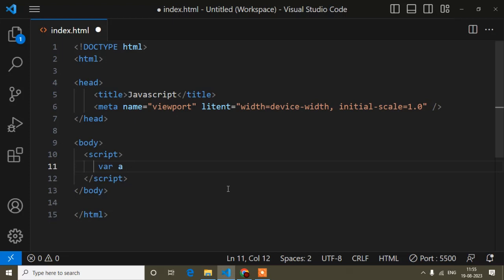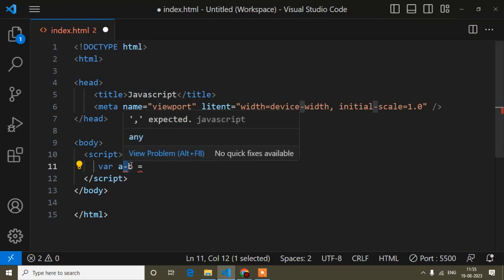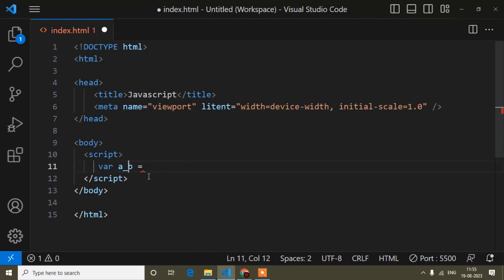Here a is the variable name, you can write any name instead of a. The variable name can be anything, but don't write a variable name using a space like this way, or you will get an error. See, you can't use a hyphen as well, but you can use an underscore. So you can write any name, but there are some rules: you cannot use space, you cannot use hyphen. Now I will write the variable name a, and here I will put the number 20.